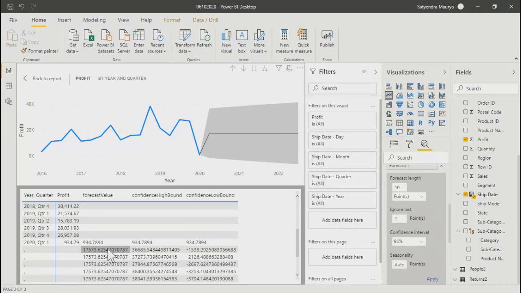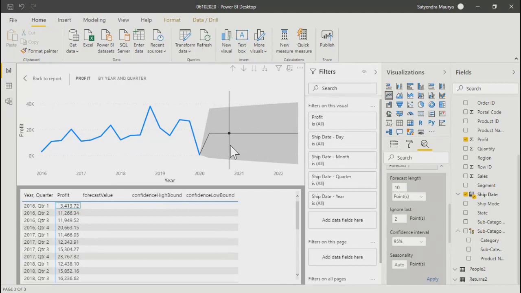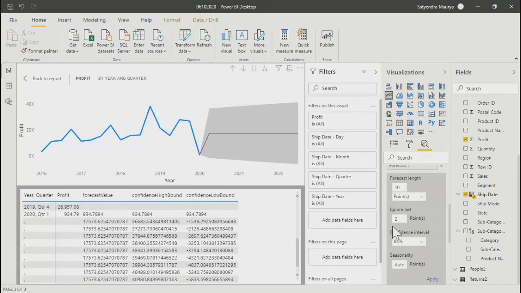Then these forecasted numbers will change. Let's say if I say last 2, I don't think it is making any change as of now, but the concept is to ignore the units where you have partial data. Any questions over here? Ignore last points or forecast length?